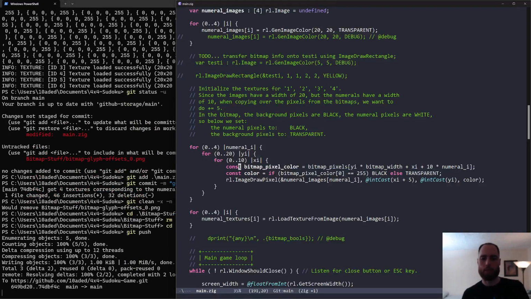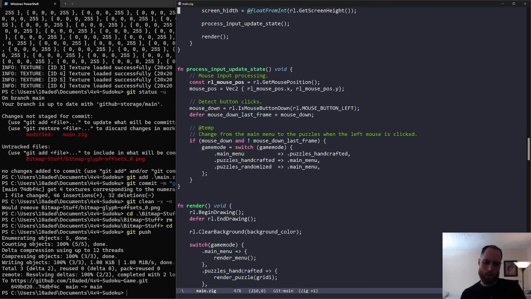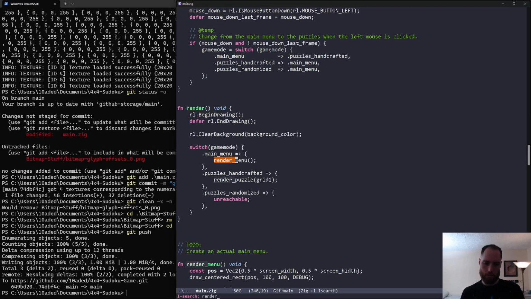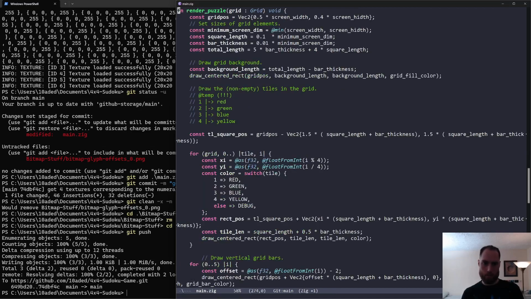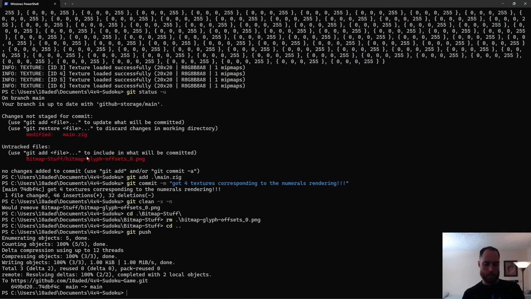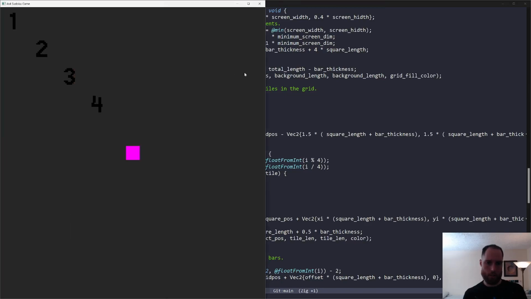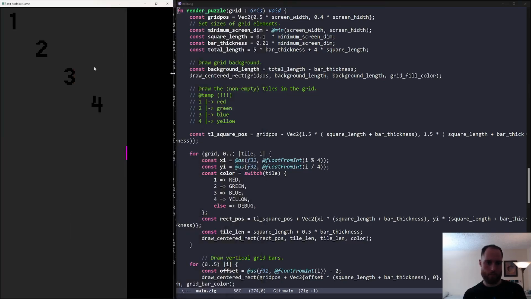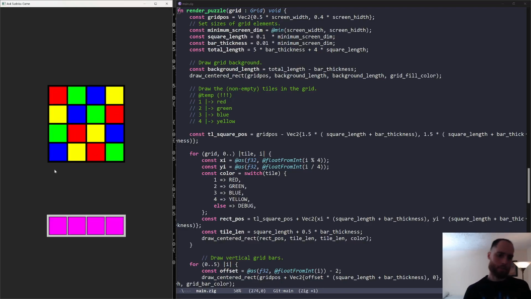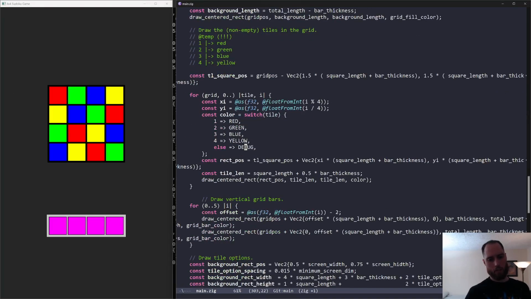Push that to the cloud. Okay. So let's go to the render puzzle part and now use these numeral textures to start drawing some stuff. So, in particular, we're determining the background color of these based on this switch. And